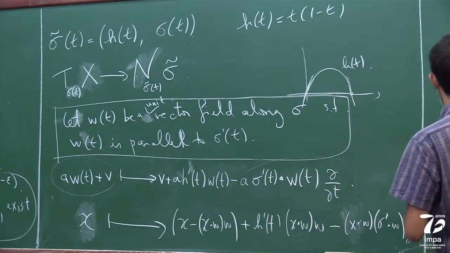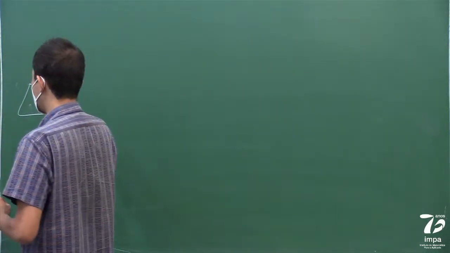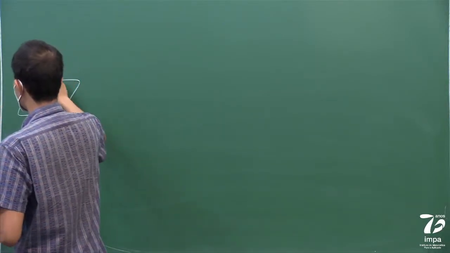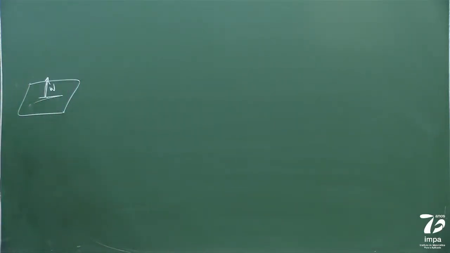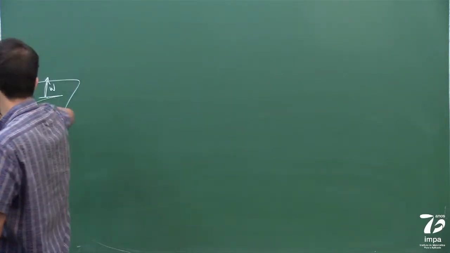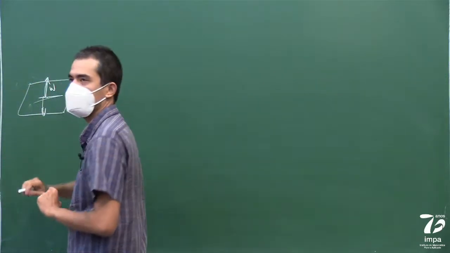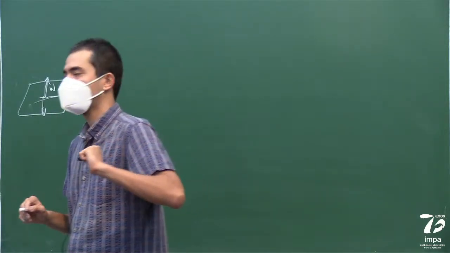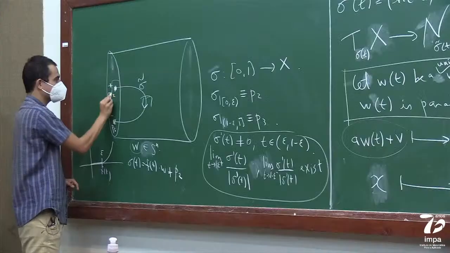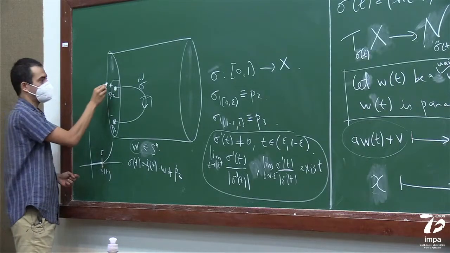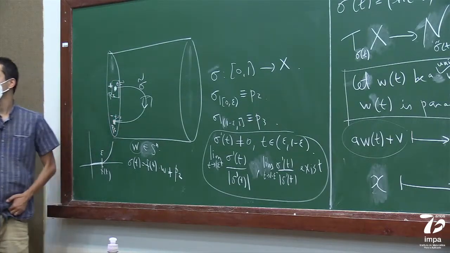So basically you start with, here's your x, and then you have your w, which is some fixed direction. And then near t equals 0, you're just kind of stretching this a little bit, but you keep the orientation. This map basically just stretches one direction by a positive factor. And then near t equals 1, you do the same thing, but now you stretch it by a negative factor, so you're changing the orientation. And that's why that really gives rise to a framing that coincides with a positive framing at t equals 0 and a negative framing at t equals 1. So that's what we wanted to show.